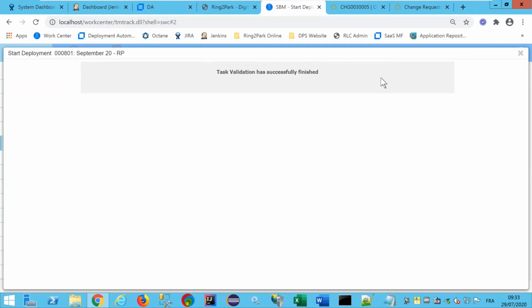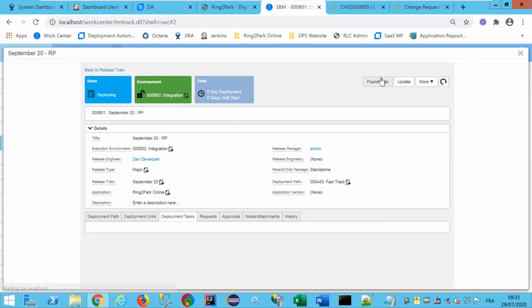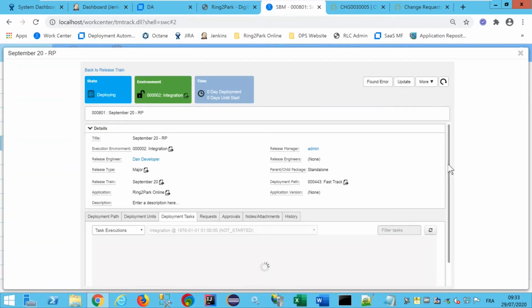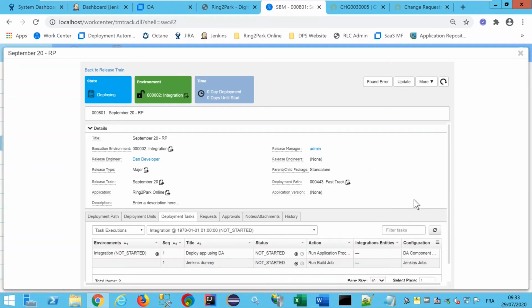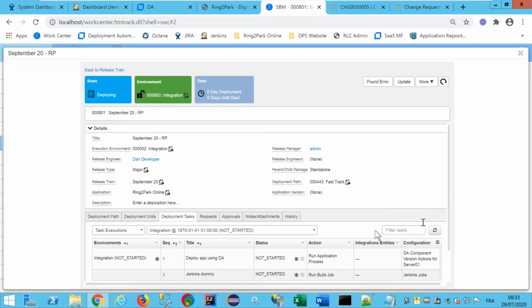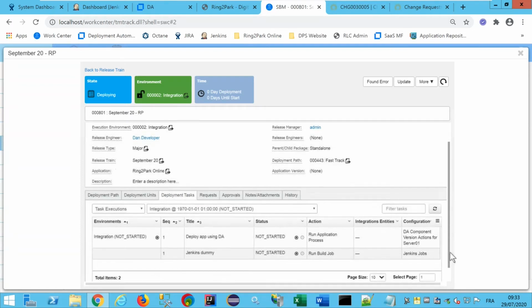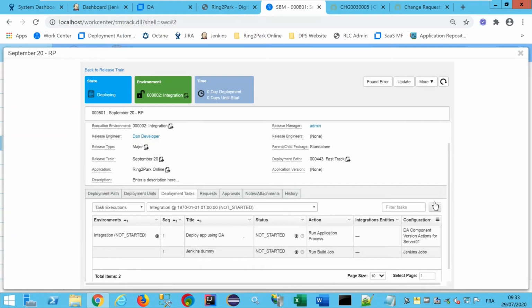And let's have a look at what happened. If we go to the deployment task tab, we can see that the release package is currently deploying, and we can see the two predefined tasks.